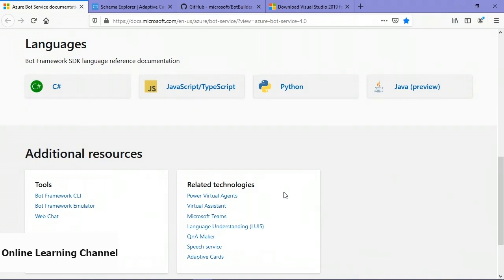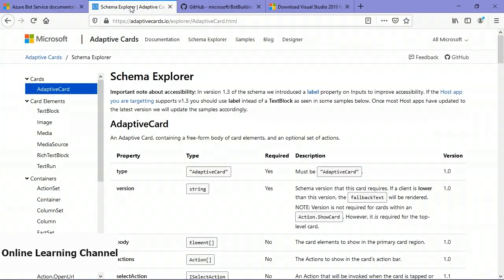This includes Power Virtual Agents, Virtual Assistants, Microsoft Teams, Language Understanding, that's LUIS, QnA Maker, of course, Speech Service, and one of my favorites, Adaptive Cards. Okay, so on my second tab, I've navigated to Microsoft's Adaptive Cards website, and that's at adaptivecards.io/explorer/adaptivecard.html. I've navigated to the Schema Explorer here, so we can have a quick look at how adaptive cards are